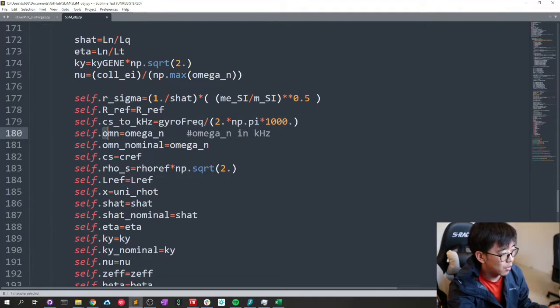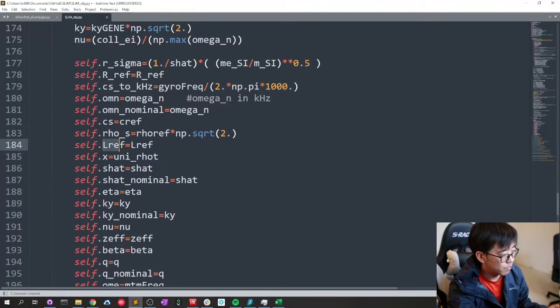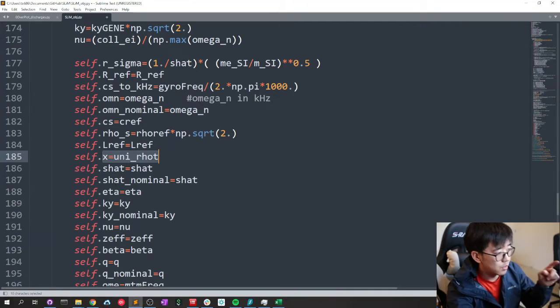And omega n nominal, speed of sound, gyro radius. I think this is the L ref, pretty much the minor radius for the given location of interest. X, so pretty much for us it will be at the peak. X is pretty much an array that is within our range. Pretty much a radius array as a radius, and S hat